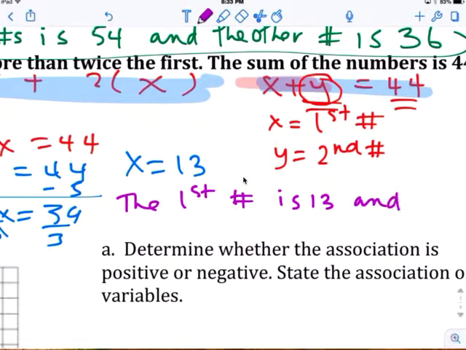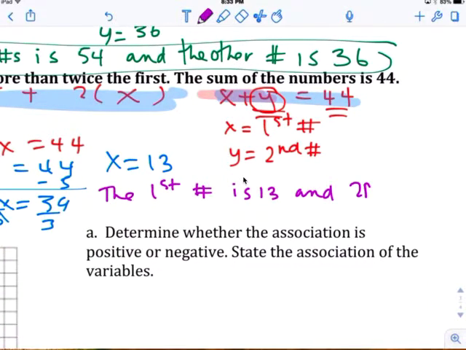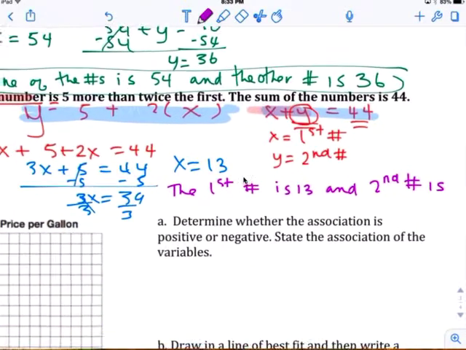And the second number is... take a shower,